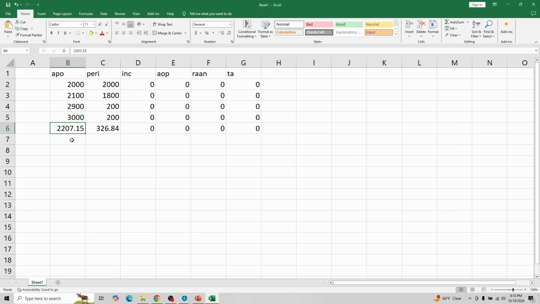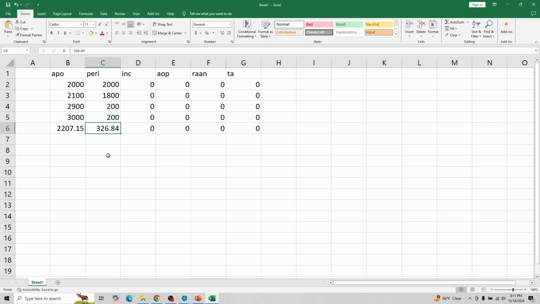I don't know. But let's say that I'm solving, say, a semifinals, and I find that I get a really, really good orbit with an apogee of 2207.15 and a perigee of 326.84. Now, off the top of my head, I'm pretty certain that that's actually allowed because I know that I can go as high as 2,900 on my apogee if I go down real low to 200 kilometers on my perigee. Well, I've only gone slightly above 2,000 kilometers on my apogee, and I've gone way below on my perigee. I've brought it down almost to the bottom,